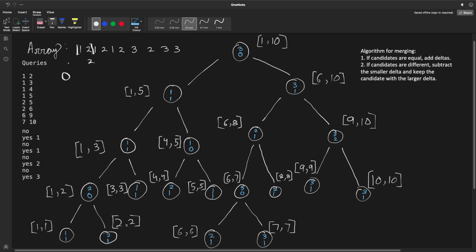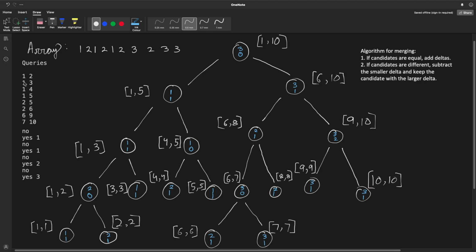Then we first find the last occurrence of that candidate inside the range, and then we find the closest occurrence of it outside the range using binary search, lower bound, upper bound functions. Then we can do some subtraction and figure its actual frequency out in that range. This will get clearer when we look at the code for it. Now let's proceed with our queries.